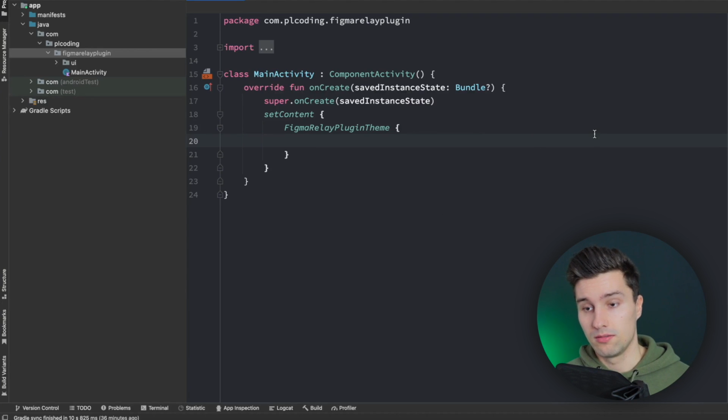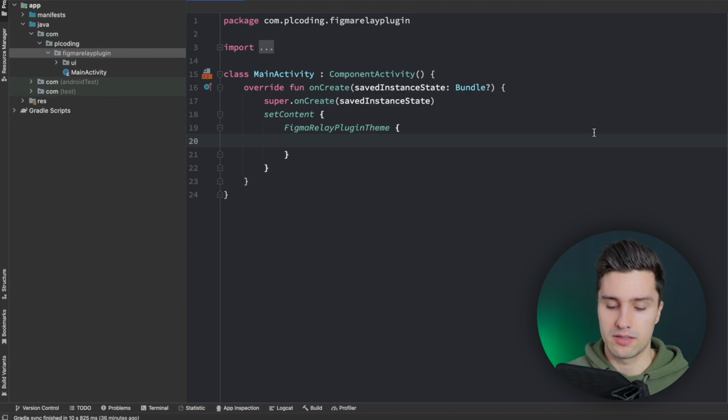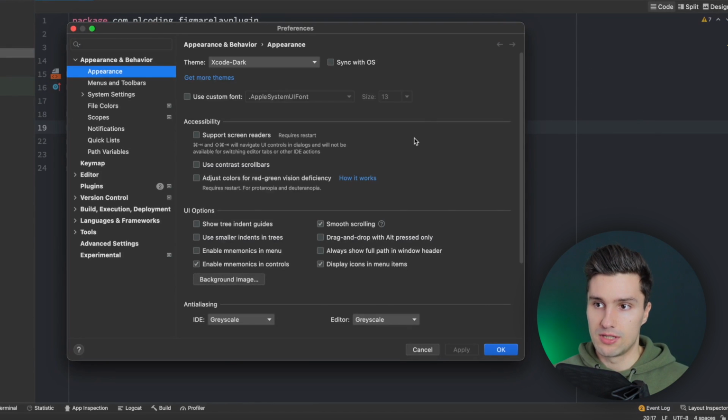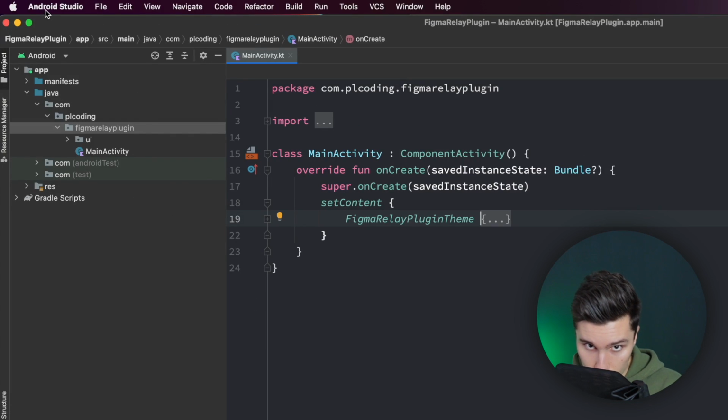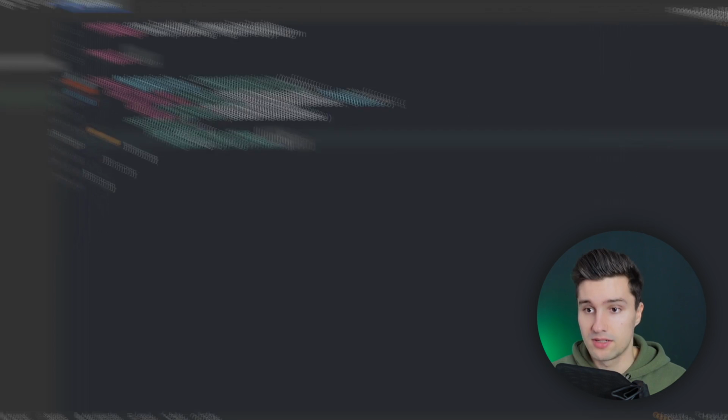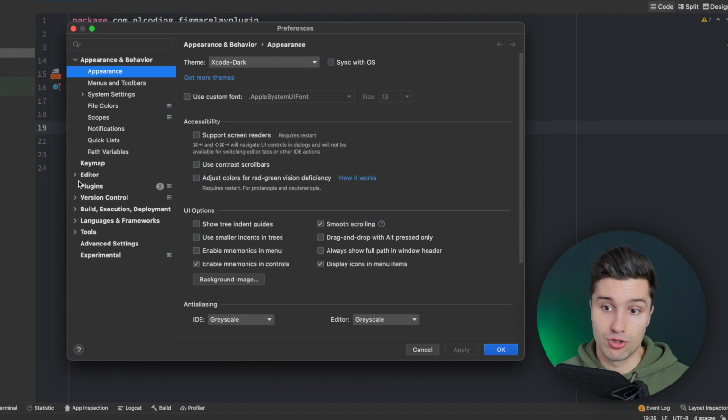So it seems like it will be there when it's stable, but yeah, just make sure that you use the latest stable version of Android Studio and then you'll be good. You open the preferences. If you don't find these, you can go to here, Android Studio, Preferences, and then we're going to go to Plugins,